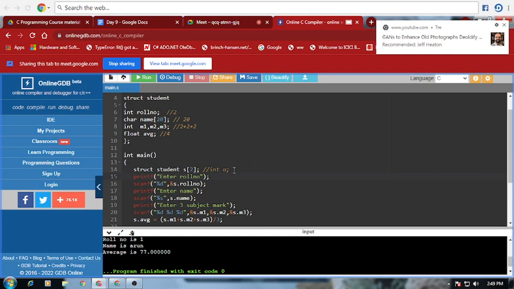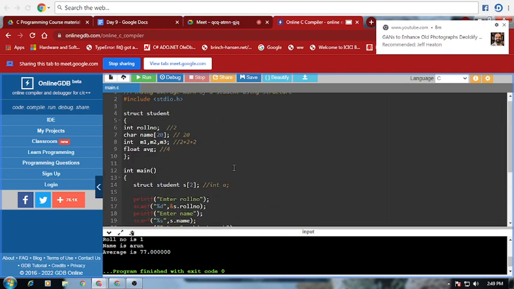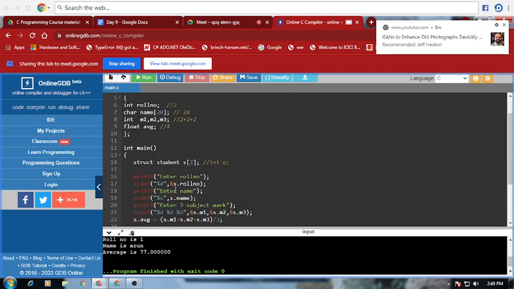Okay, so what I will do, same coding I am going to keep, but an array of structures I have created. Okay, array of structure variable. So here I can have, see, any number of size you can give, 10, 20, 30, 100. The size of your program will not increase at all. But instead what you will do, when you access the value, there you have to specify whether this is